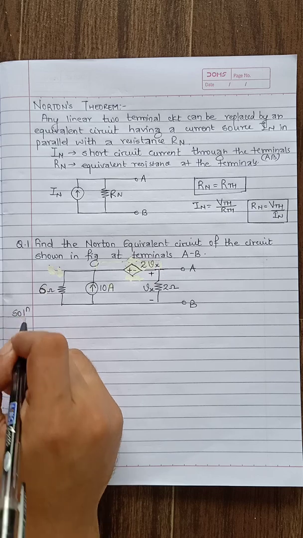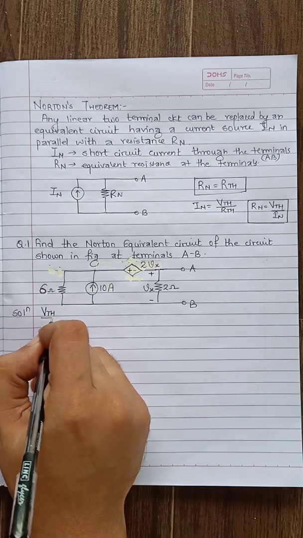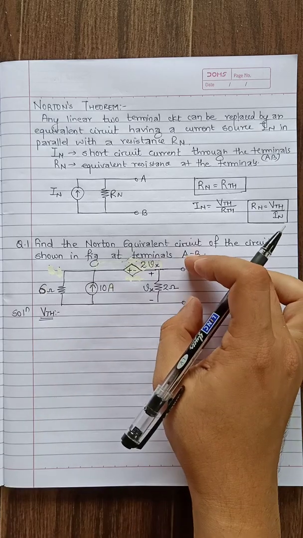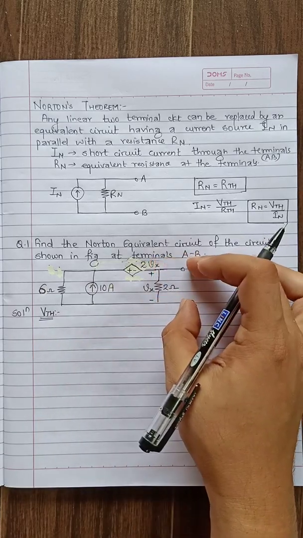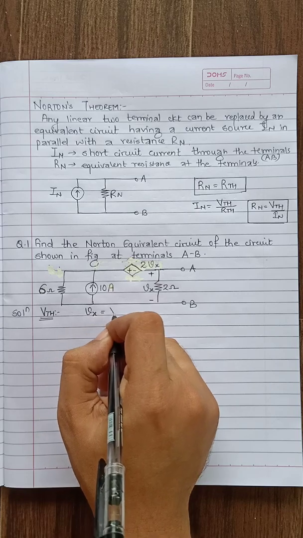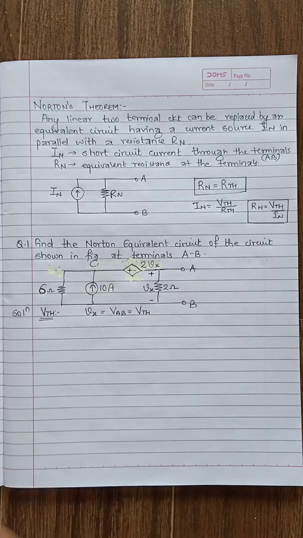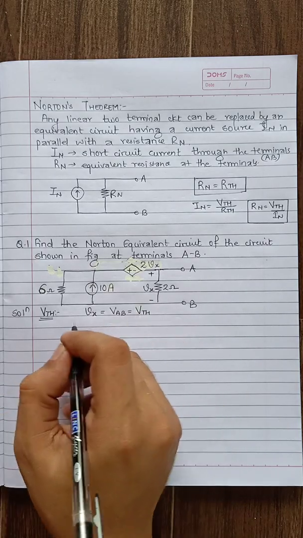So the steps are the same as for Thevenin's theorem. First we'll find Vth. Looking at the diagram, whatever voltage Vx is will be the voltage VAB. So Vx will be your VAB, and that will be your Vth, the Thevenin's equivalent voltage. So for that